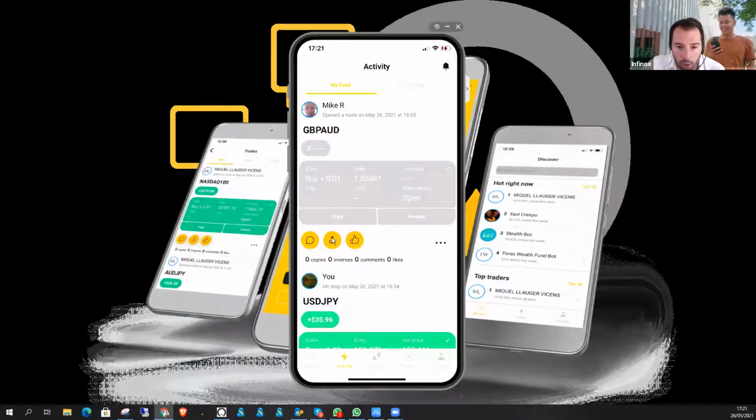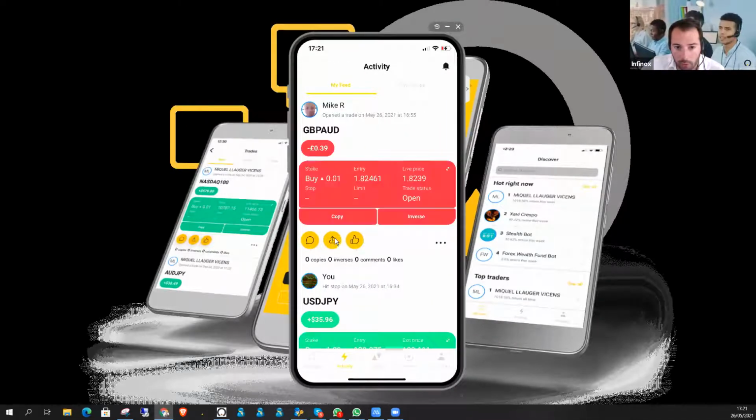You can also share this trade outside the app. You can share it with your Instagram, with your Telegram groups, with your WhatsApp groups, wherever you want. You can put a thumbs up. If I click on the thumbs up, I will see one like here, which means that I liked the trade. Here you go. And I have two options: to either copy this trade or to reverse this trade. Let's say I believe in this trade and I want to copy. So I'm going to click on copy,